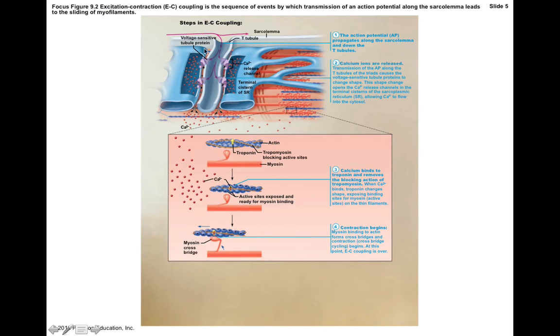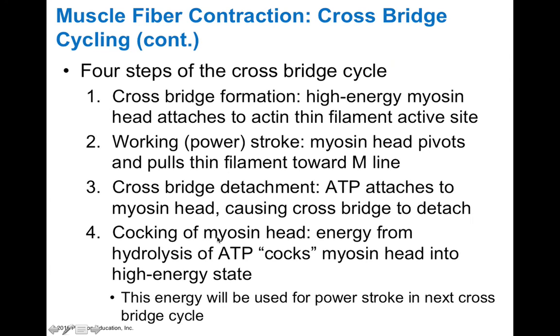So to summarize these steps, remember the action potential travels down the T-tubules, triggers the opening of these voltage-gated calcium channels, which allow calcium to spread from the sarcoplasmic reticulum down towards the sarcomere, where it binds with troponin. Troponin pulls on tropomyosin, moves tropomyosin out of the way, and allows the myosin heads to bind to form a cross bridge. Now, the 4 steps of a cross bridge cycle are, first of all, the cross bridge formation, which